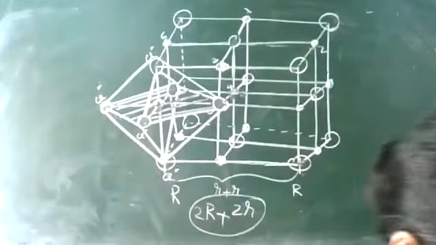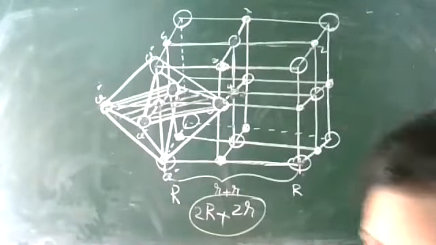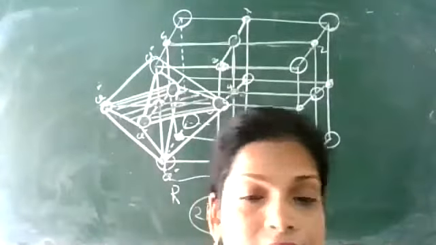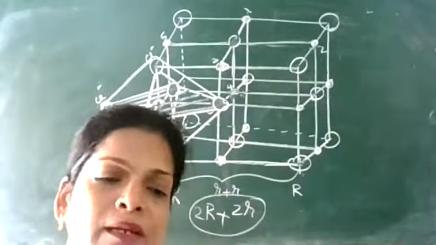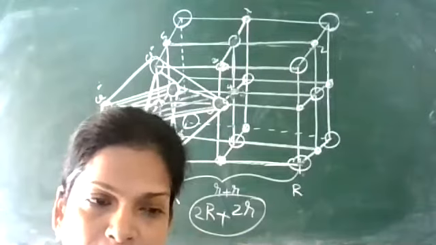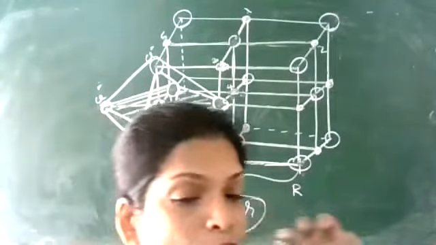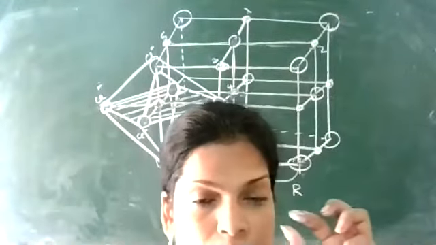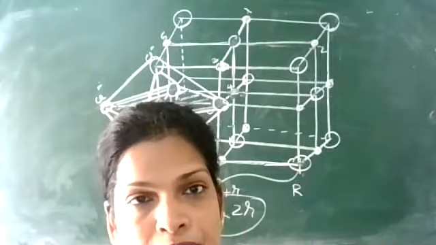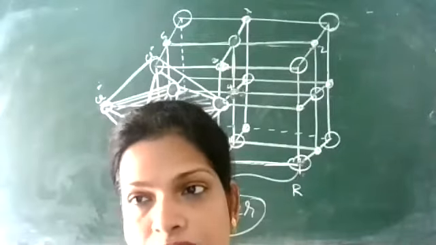Next, we are moving to the density of a crystal. The density of the unit cell is the density of the crystal. The unit cell possesses all the characteristics of the bigger crystal lattice. A big lump of sugar has the same taste as a small crystal. So the unit cell's property means the entire crystal lattice property. The density of the unit cell is the density of this entire crystal lattice.